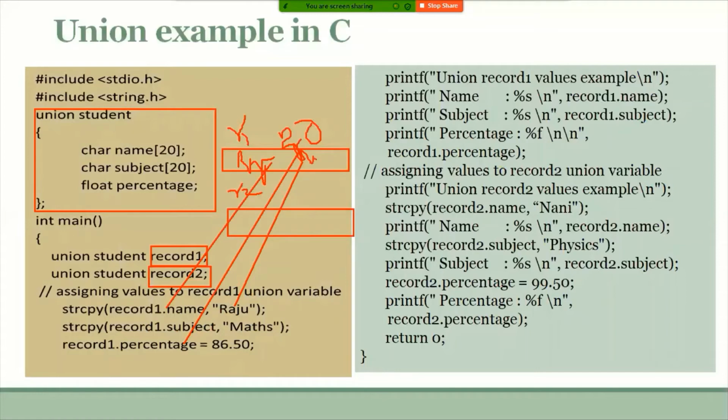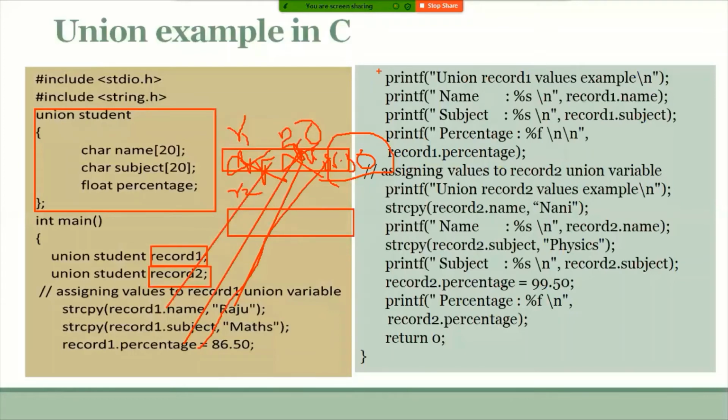After that, with the help of record 1's percentage member, it will access the same location and keep 86.50. See, the same location for all these 3. First Raju, later Raju is overwritten with marks, then marks is overwritten with 86.50. Now the memory holds only 86.50.